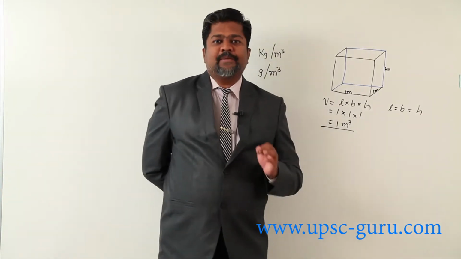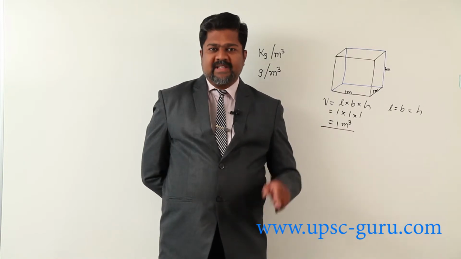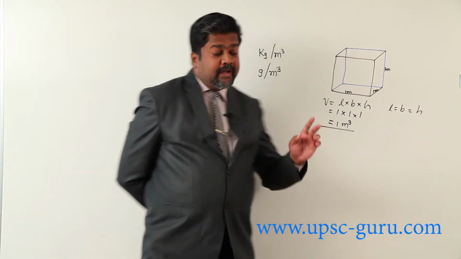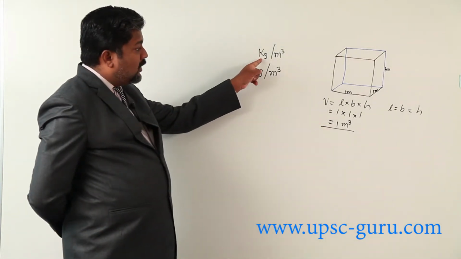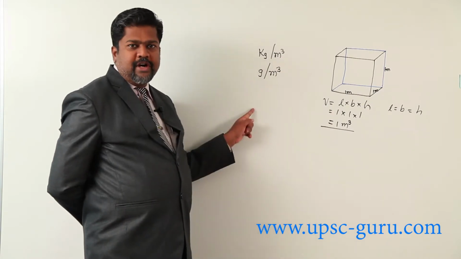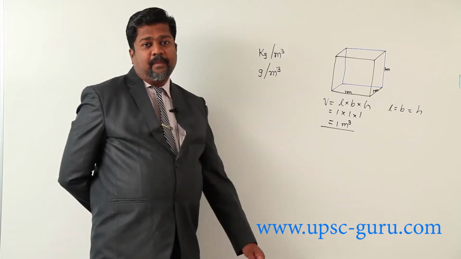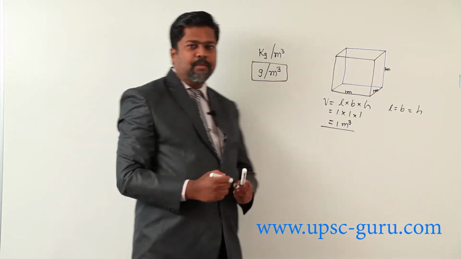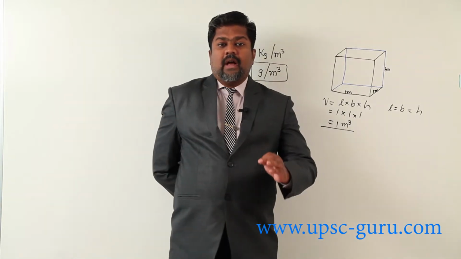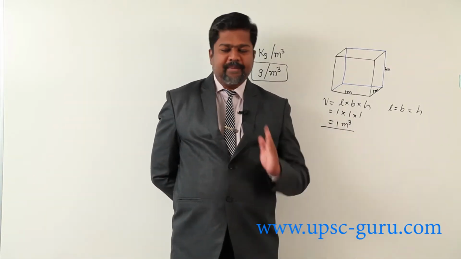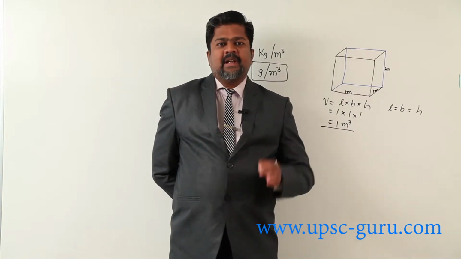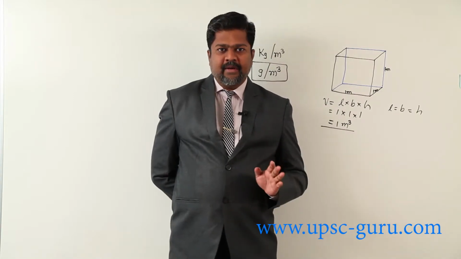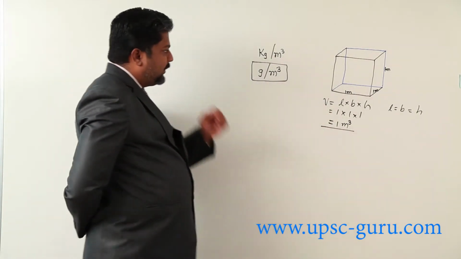Again I am revising: what is absolute humidity? The amount of water present in a definite volume of air is called absolute humidity. The amount of water present, in kilogram or gram, whatever unit you take, per cubic meter. Usually we go by the unit gram per meter cube. This is absolute humidity. I am revising: the amount of water present in 1 meter cube volume of air is called absolute humidity. So the absolute humidity concept is clear for you.